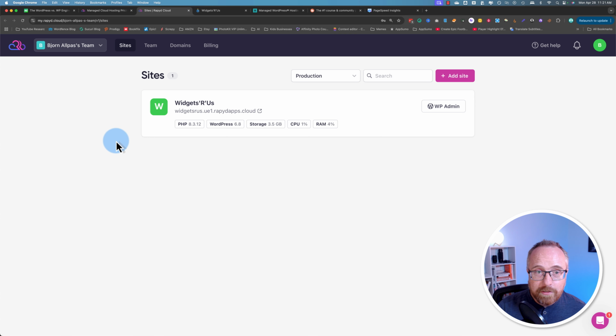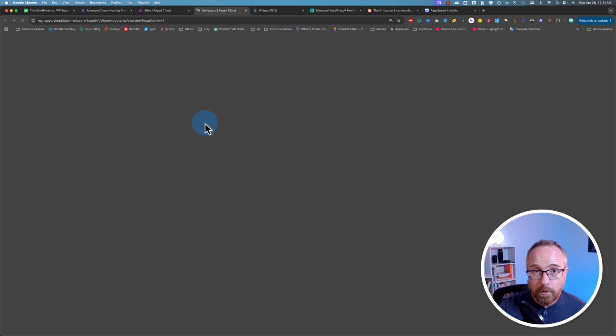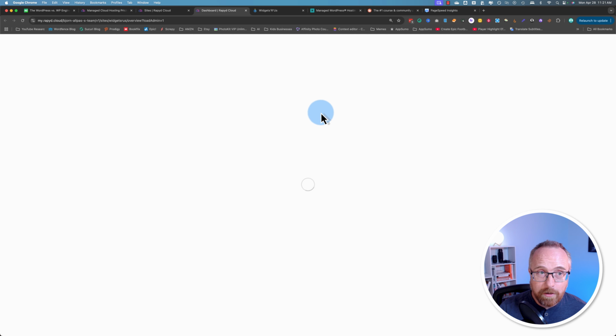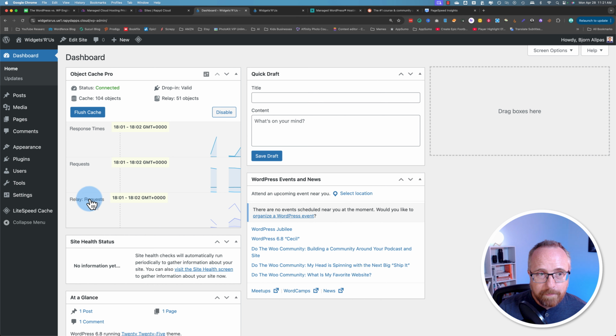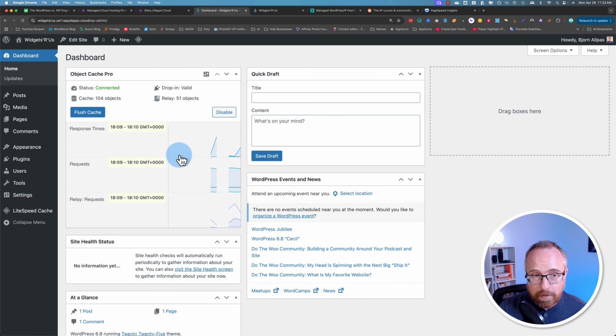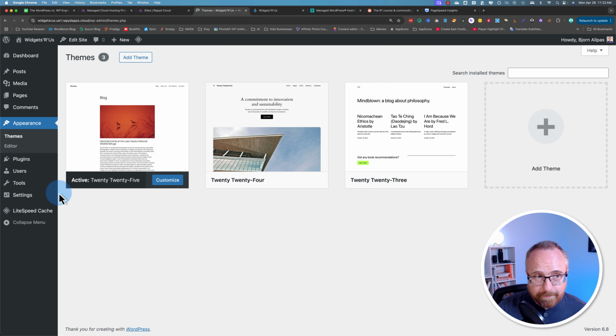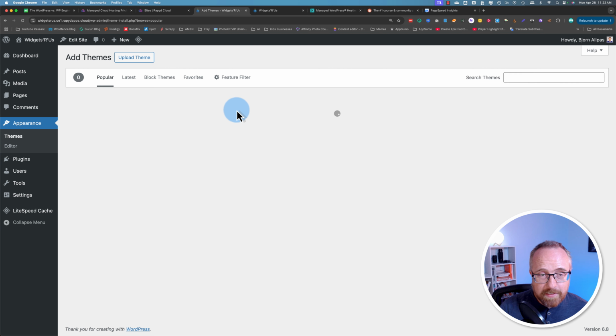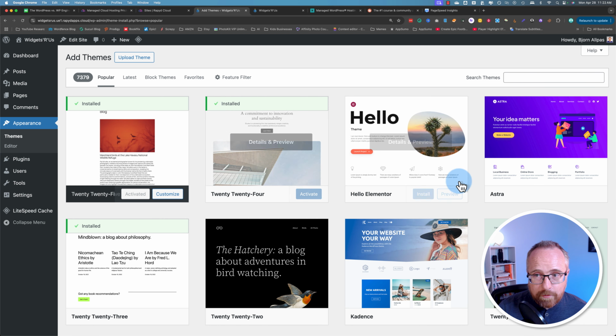So in here, we can click on WPEngine. That takes us into the WordPress admin for this website. It auto logs us in, and here we are. And here's a bunch of stats for the Object Cache Pro, which you get with Rapyd Cloud. You wouldn't get this with other hosts. Let's go to Appearance and the themes. Let's add a theme. I like to install Astra